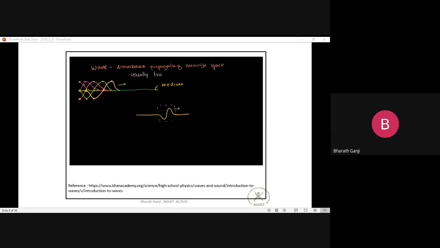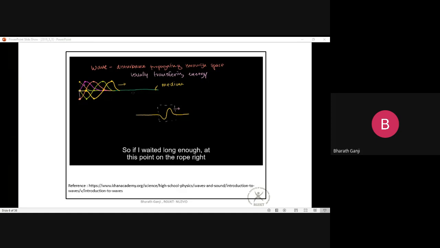Usually transferring energy. What I mean by transferring energy? Well, on this left-hand part of the rope, I gave a little energy to the rope. I moved it up, down, and then back again. And then after I did that, that up, down, back again is happening successively to every point to the right